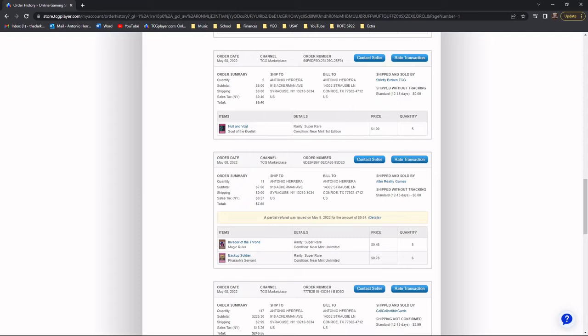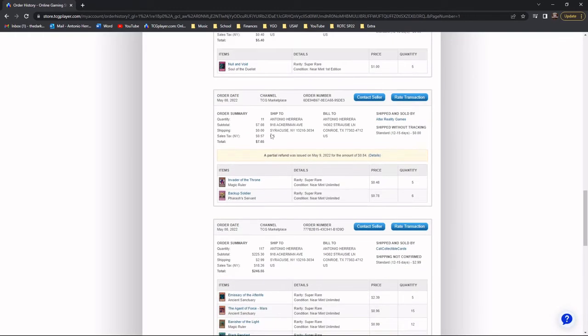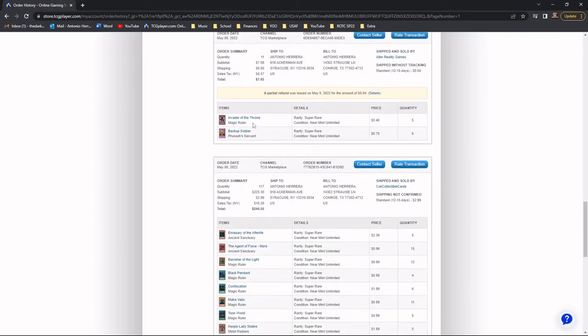Unfortunately, I couldn't find some ultimate rare variants that were affordable, so I just got the second best, which was the original print super rares from Soul the Duelist, and these were near mint first edition, which was pretty cool for a bone a piece. So that was a little bit over 5 bones. Some more Invader of the Throne,